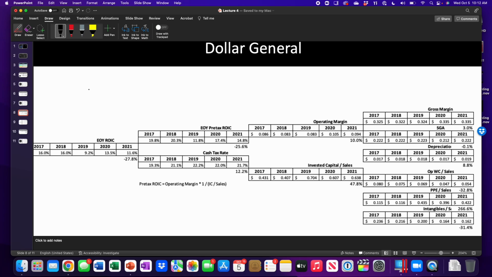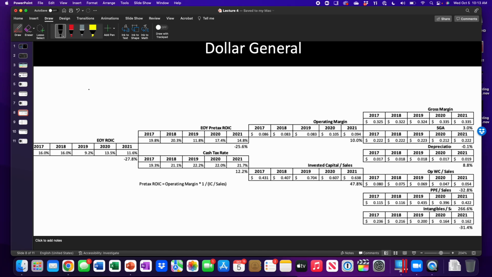Yeah. So we could start with end of year ROIC dropping. What is that, 16 to 11%? 16 to 11.6, yeah. Okay, yeah. And that was largely due to cash tax rate rising, so that probably hurt the end of year ROIC. The cash tax rate went from,